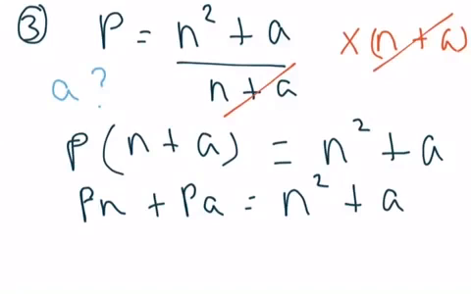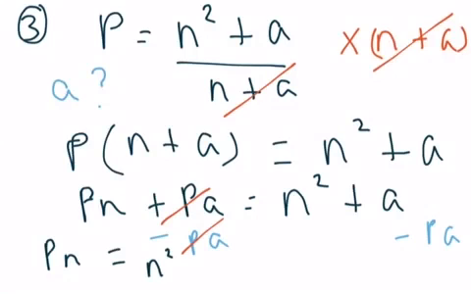Right, we want to get a on its own because we want to rearrange this formula to make a the subject. So let's collect the like terms. We can see at the moment that on the left hand side we have an a, on the right hand side we also have an a. We want the a's to be on one side together. So if I bring the pa from the left hand side to the right hand side, what I need to do here is to take away pa from both sides, because the opposite of addition is subtraction. So we would have pn plus pa minus pa, so they cancel out, equals n squared plus a